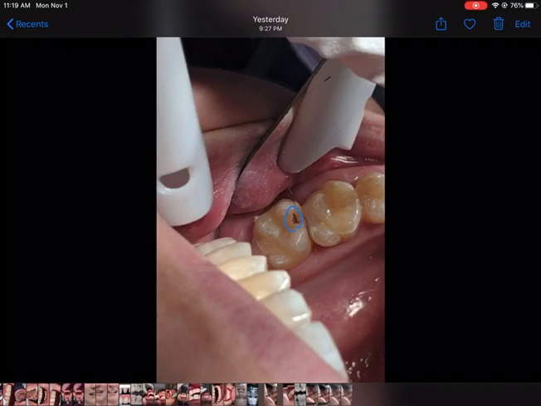I want to try something a little bit different and start showing a lot more of what I see on a daily basis. So I wanted to start with this photo here,